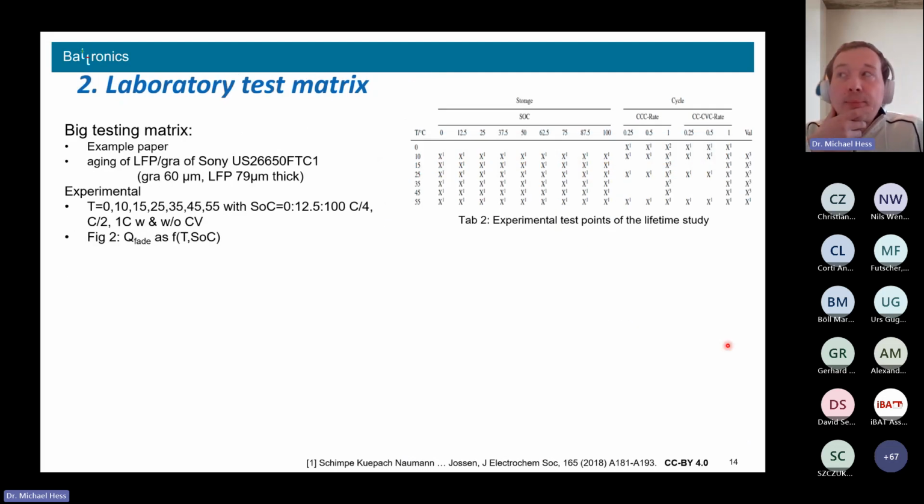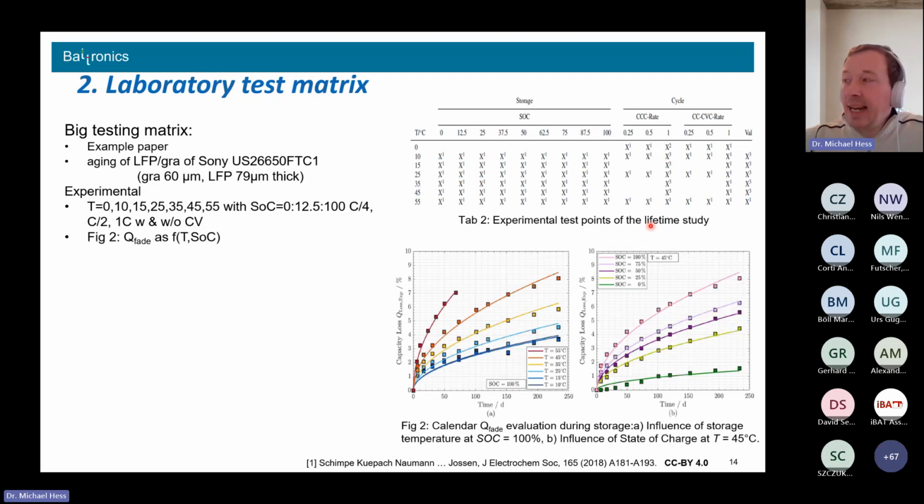This one is the laboratory test matrices. Here I brought a very nice example by Michael Schimpe and co-workers that was published. I just use it as an example because this data is extremely nice: you have, for example, 9 different SOCs and 6 different temperatures where you measure just the calendar aging, and then different rates with CC and CCCV, so constant current and constant voltage, as another rate test for the cyclic aging test. What you basically get is these different aging data, which you can then analyze, split, and separate into aging mechanisms